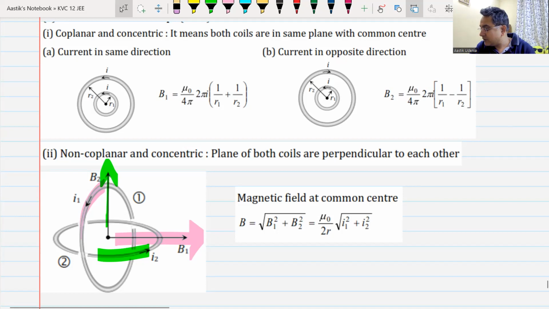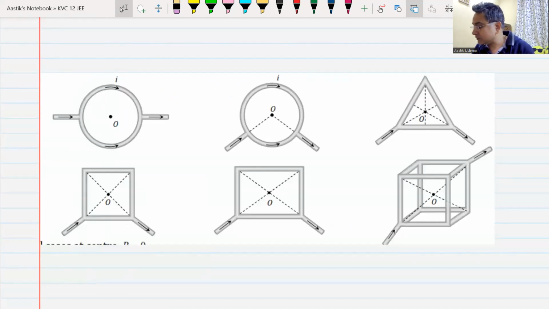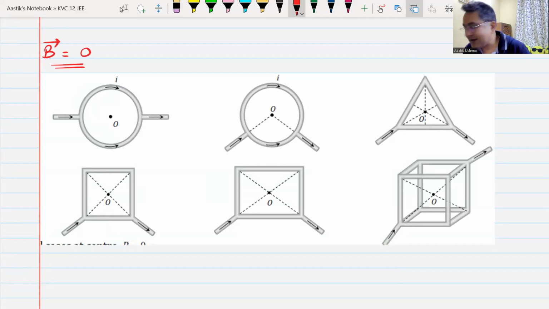Because you can have any of these cases appear in your exam, and then you should not be found wanting. Cases where magnetic field is zero, and very nicely I had summed it up in these diagrams. Why is the magnetic field zero in all these cases? Now see, and listen to me very carefully. Once you understand this, you can draw this. Now you can see